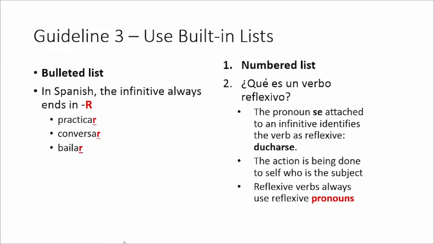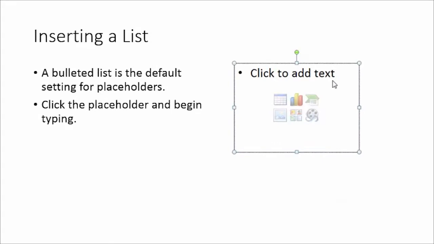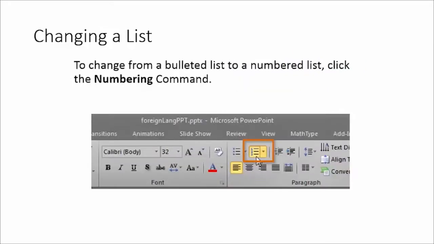We'll talk about built-in lists. Now remember, we're going to use those built-in slide layouts. The default for the list in those slide layouts is bullets. We'll go over how to change that, how to make that look a little bit different, okay? So we're going to insert this list. Again, we're going to use the built-in slide layouts. And we'll use the paragraph group to change the list, similar to what we did in Word. That paragraph group in PowerPoint is going to work almost exactly the same. And we'll go over that.